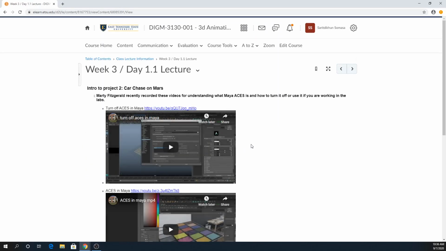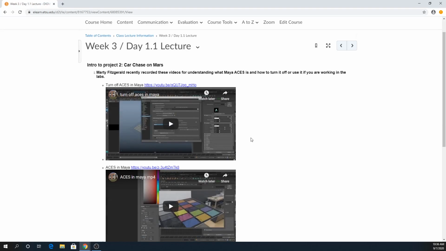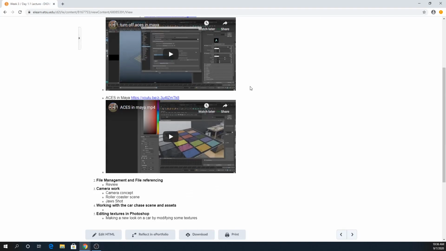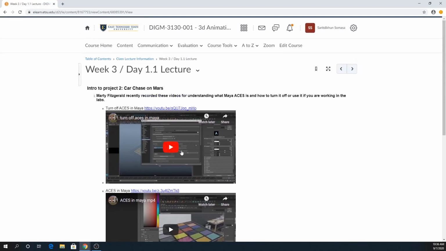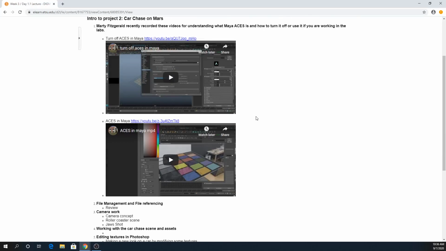Okay. So now this is only people who are in this building. You will have to watch these 2 videos for Marty about how to control the color management. We use ACES. Now we can disable them. I'm not really familiar with the ACES color manager because the simple situation is if